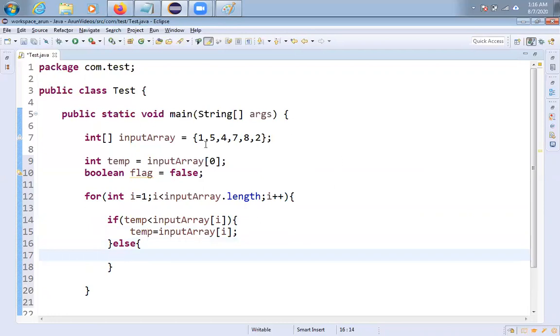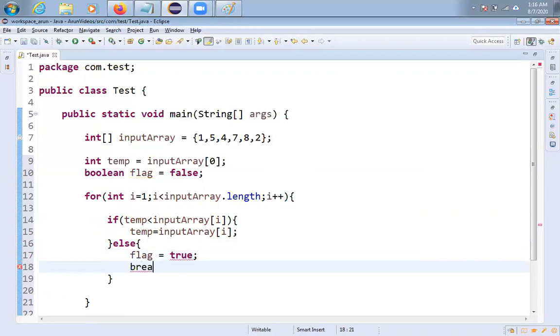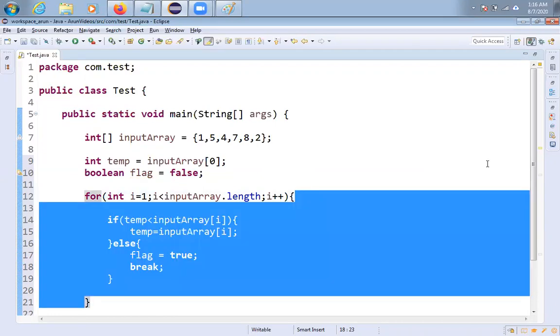I'm comparing 1 with 5 and then 5 with 4. It's not true, so I'll go into else. Now I am making flag equal to true and just break. No need to compare the remaining elements. Simply I am coming out of the for loop, friends.